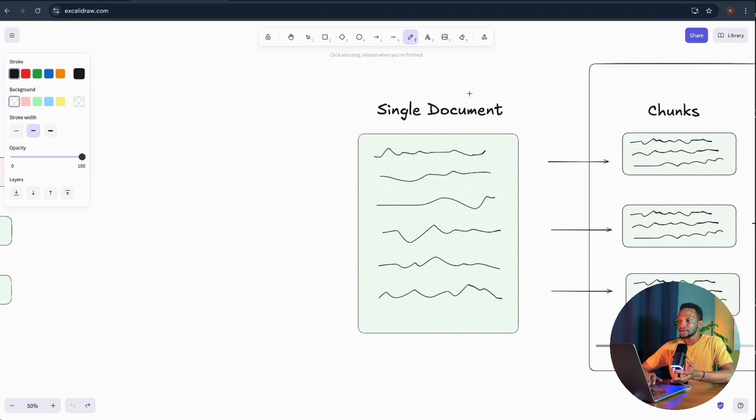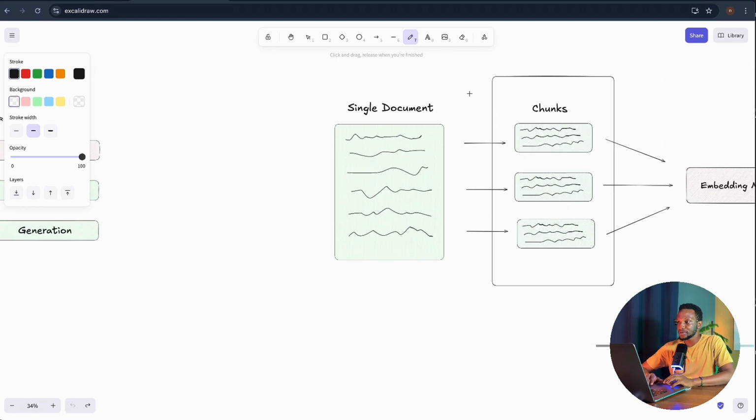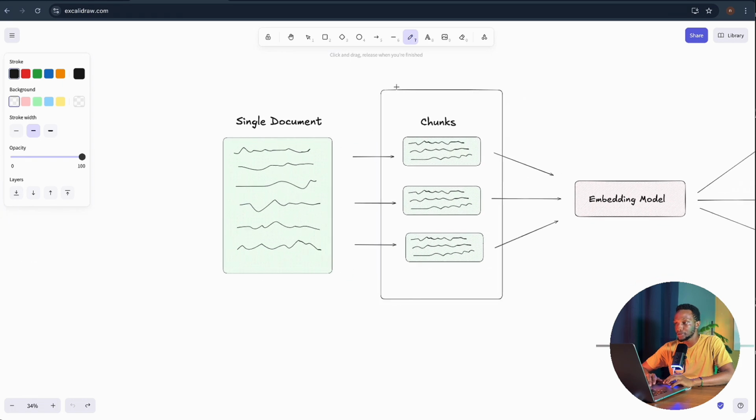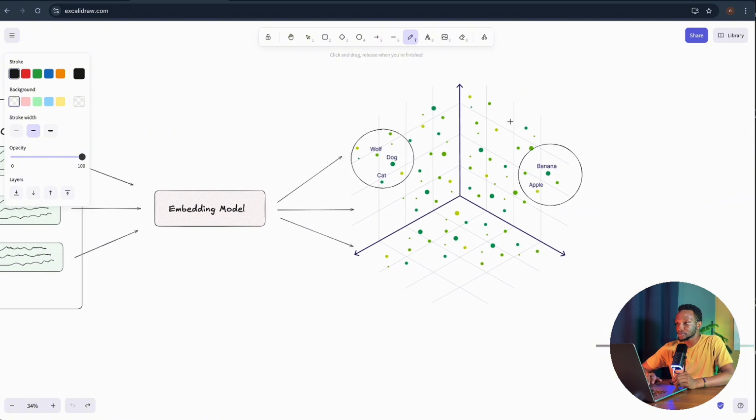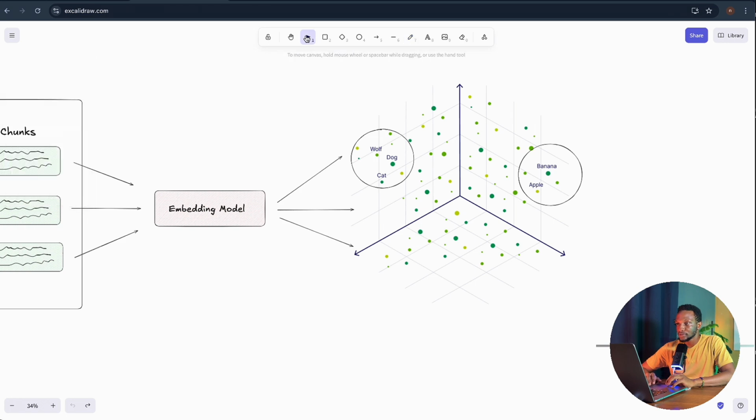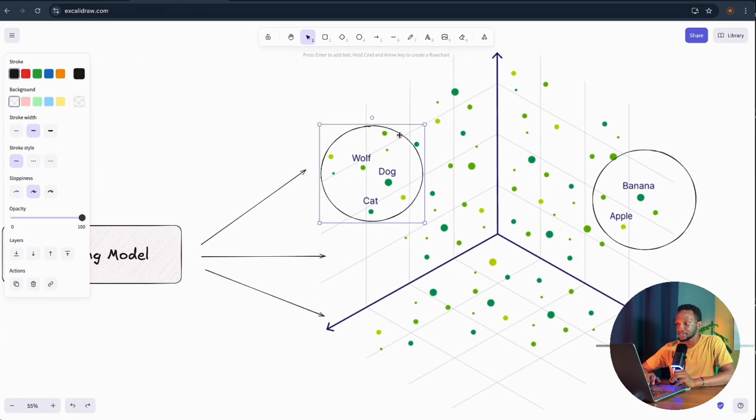So what it does is break the document into smaller chunks, like the way I'm showing you in this rectangle here. Once the document has been broken into smaller chunks, it uses what we call an embedding model, and then you have this vector store here. So this right here is what we call a vector store or database. This is how it's seen. It stores the information in a 3D kind of structure, an X, Y, Z axis,